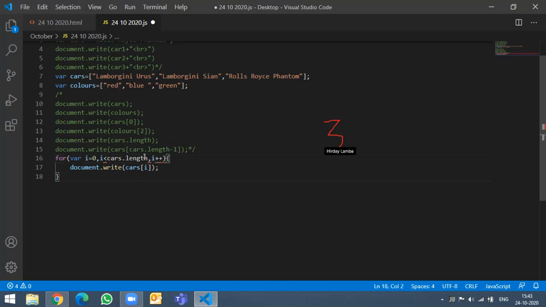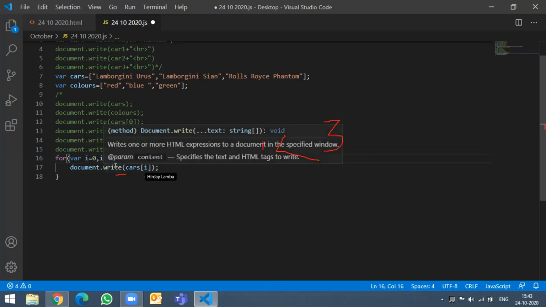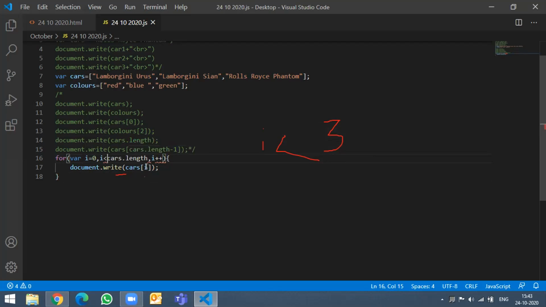So i is less than 3. This is how it is going to calculate. Document dot write, so go and print the value. First time the value of i will be 0, so the 0th element will get printed. Then the first element gets printed. Now run your code.